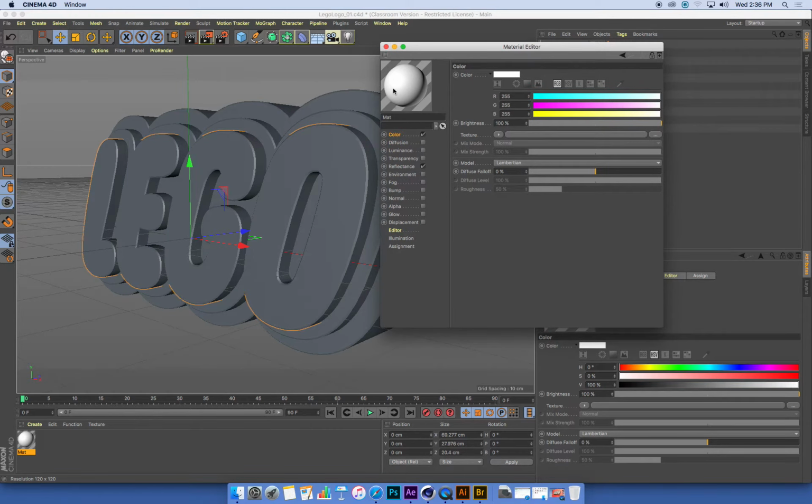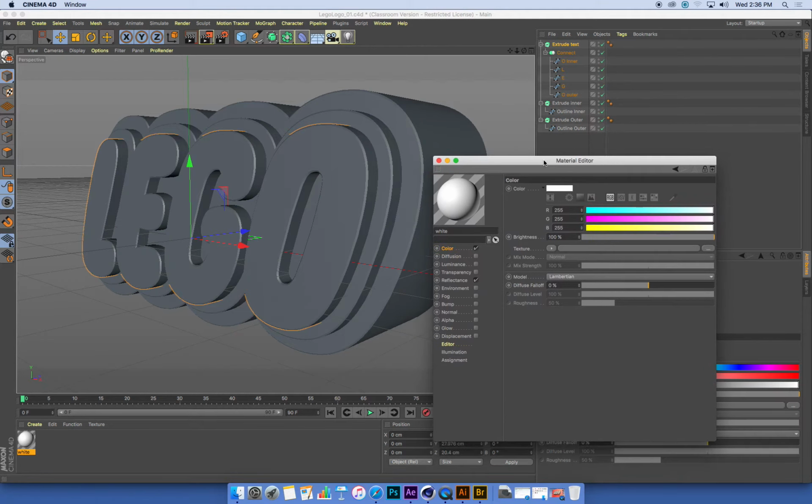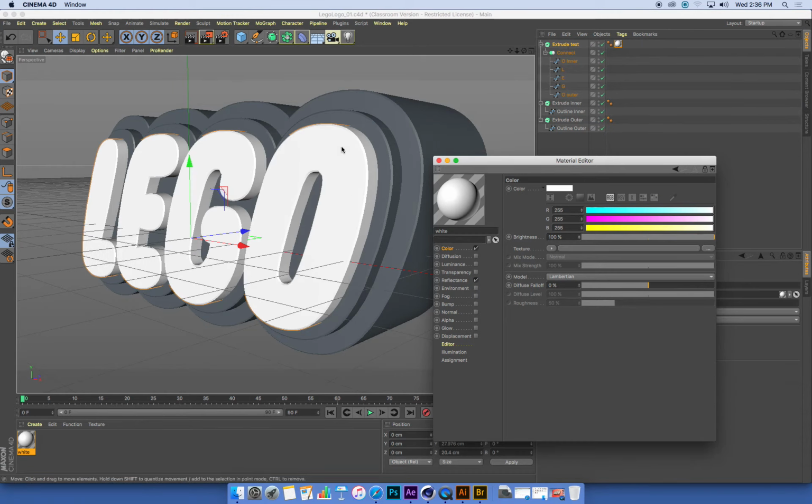Just underneath the swatch image that shows an example of this material, I'm going to rename it. The default is matte, which is short for material. I'm just going to rename this white because it's white. Once I've done that, I'm going to drag and drop this material onto the extrude that is controlling the text. So I'm going to drag and drop it onto the extrude,